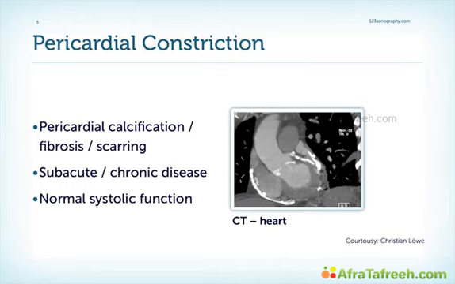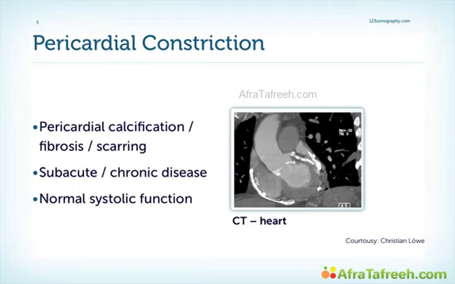Constrictive pericarditis is the result of scarring and consequent loss of elasticity of the pericardial sac. It usually occurs as a result of chronic inflammation, and we often see calcifications of the pericardium, as you can see here in this image. However, we do not necessarily have to see calcifications. Sometimes the pericardium is only thickened, and this is difficult to detect not only with echocardiography but also with other imaging modalities. Importantly, it depends very much on how severe the thickening and calcification of the pericardium is. Sometimes you might only have occult forms or only subacute forms of pericardial constriction.